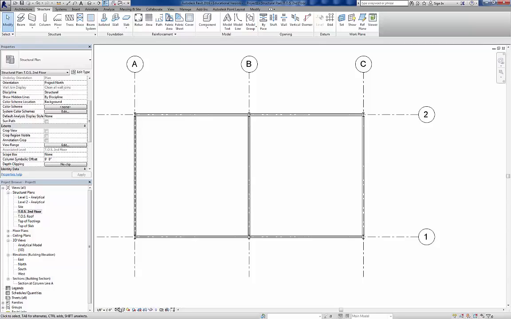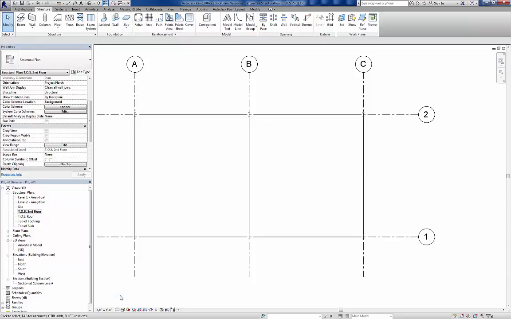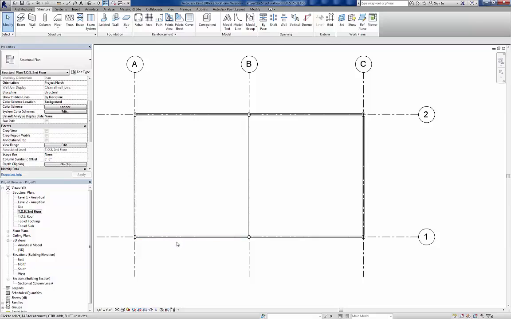Okay. Now if I change back to a coarse view, you can see there's just my lines. If I go back to medium view, we can see it very clearly. Okay, let's add some framing to our inner bays now. So we're going to use the detail that's in our drawing. So let's do the left-hand side first. So I'm going to go in here and I'm going to go to beam